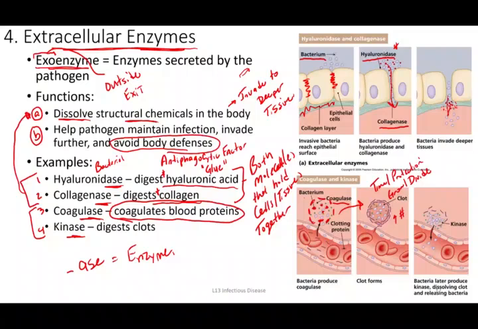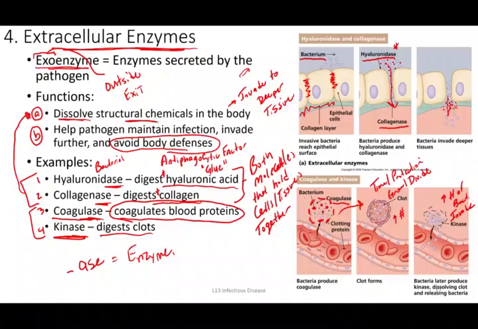Many bacteria that make coagulase also make the enzyme kinase. So at a later date, they can make and release this enzyme that will cause them to digest the clot. And so now what you have is an increased number of bacteria that could potentially invade into other areas because they now have a lot more bacteria present and it's harder.